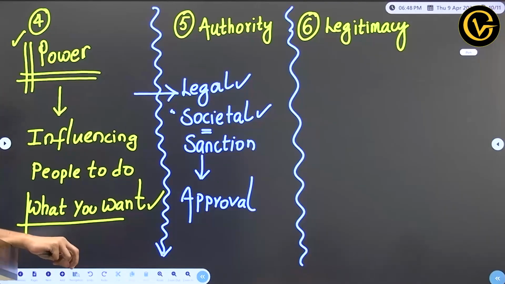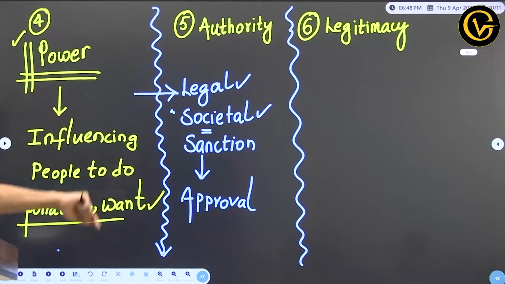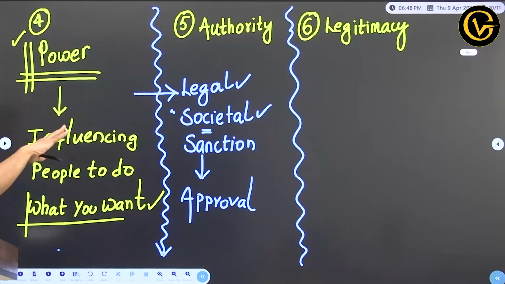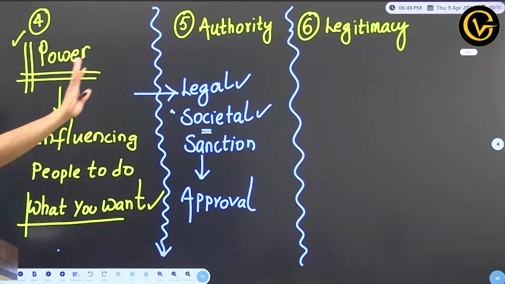You got my point? In society there is respect for religion, but let's say tomorrow one religious guru comes up with one weird rule or law, people may not accept it. He may have the authority to do it, as a mullah or as a priest, but people might not accept it, so he loses his legitimacy. Certain things society accepts. Society accepts the authority, or law accepts the authority.